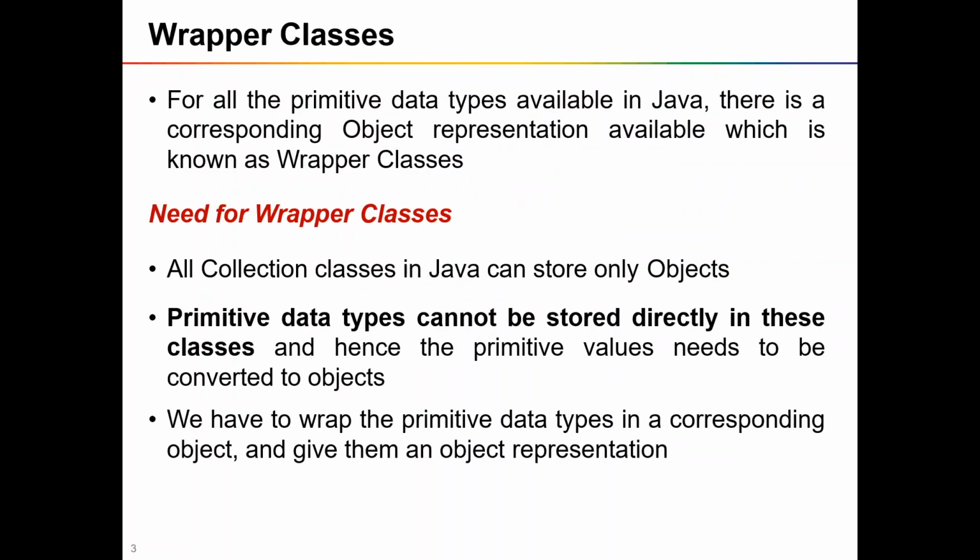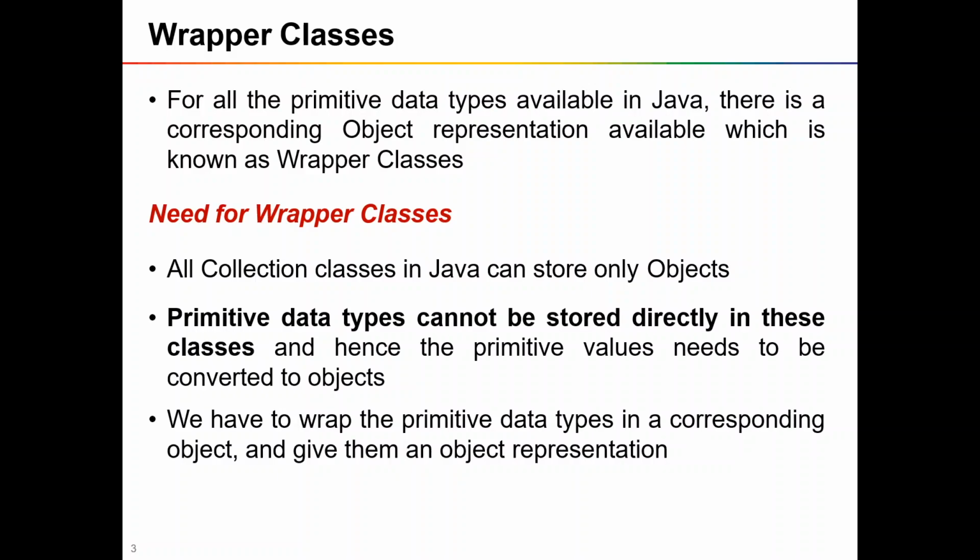In Java we have 8 primitive data types, and for all the primitive data types we have an equivalent object representation, and we call it wrapper classes. Apart from the wrapper classes concept, we have the collection framework in Java. The collection framework allows you to store a collection of object types. So wrapper classes allow you to store primitive values inside of your collection. That is the idea behind